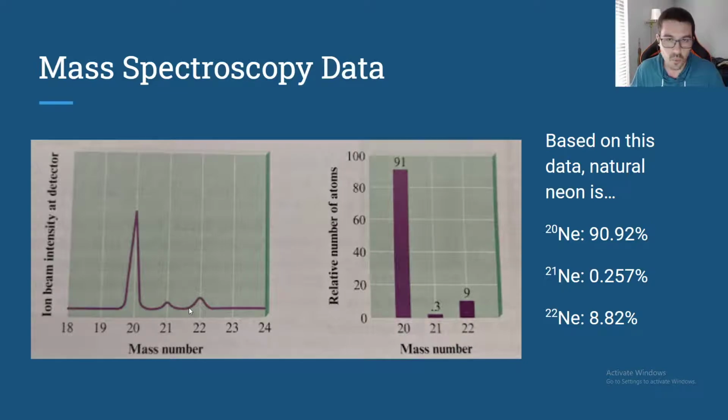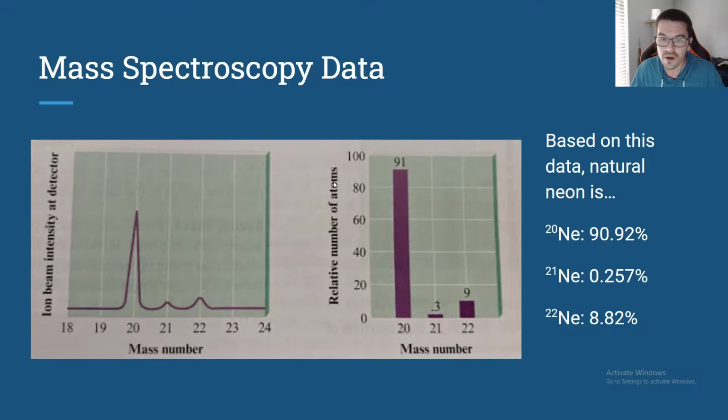What we're doing here basically is some fancy math. Imagine that this straight line here continued all the way across. If you then measured the amount of area in each peak, so you'd have a lot of area here, not very much here, and then maybe a little bit more there,